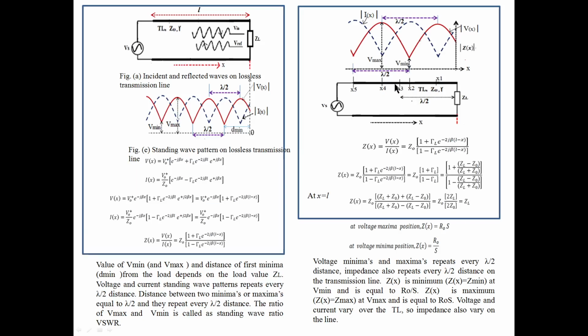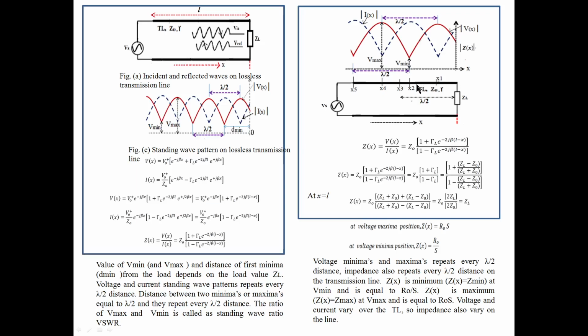So after that, the same values will repeat after here, again up to here. So impedance variation, all possible variations of impedance will take place from the load point to lambda by 2 distance. So what are those variations? What is the value of impedances? We'll see now how to do that from the Smith chart.